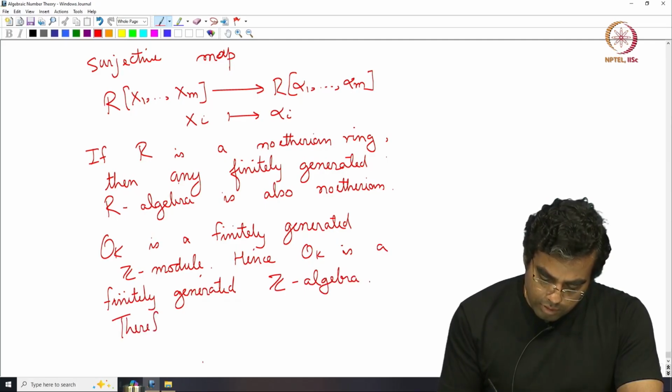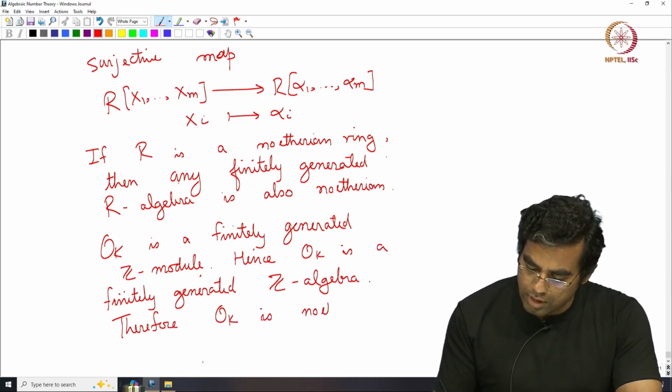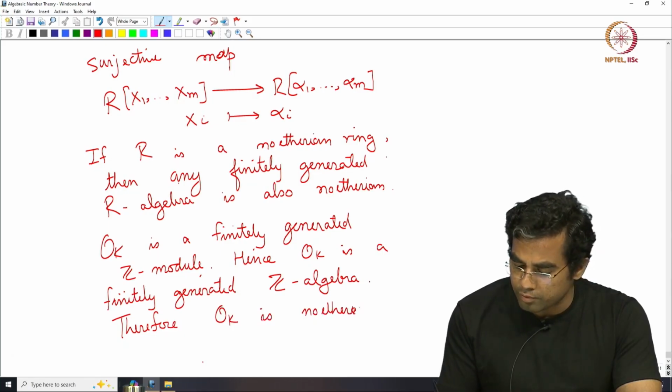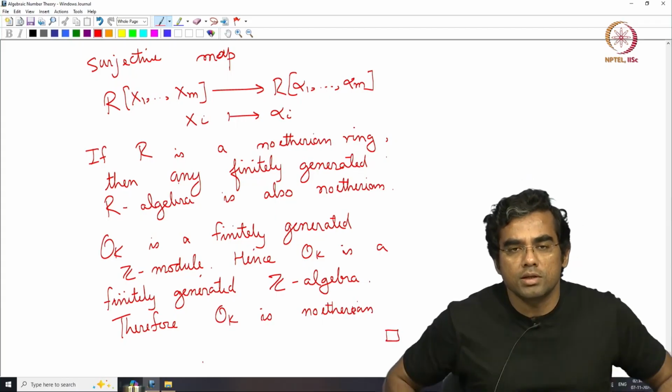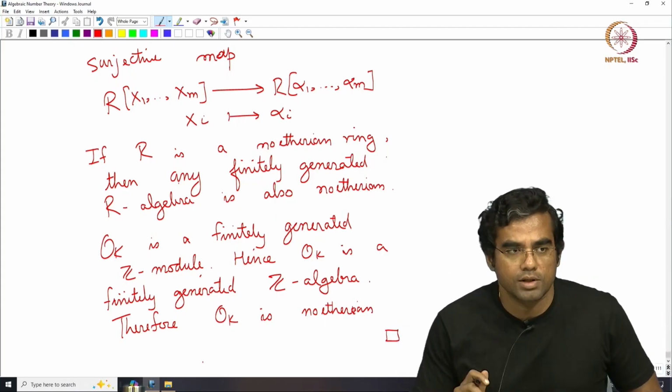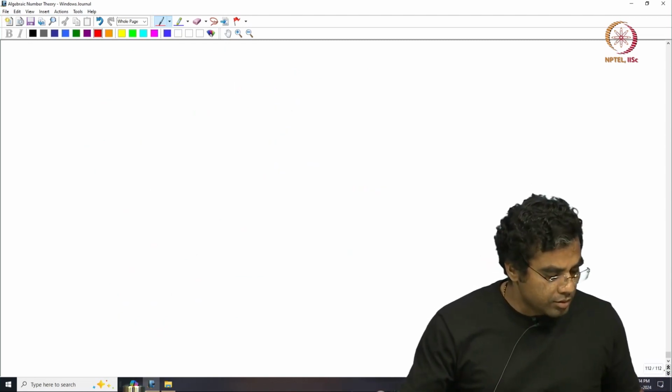Therefore, OK is Noetherian. That is what we wanted to prove. So, the fact that OK is Noetherian is a simple consequence of the Hilbert basis theorem. All right. So, next we want to show that